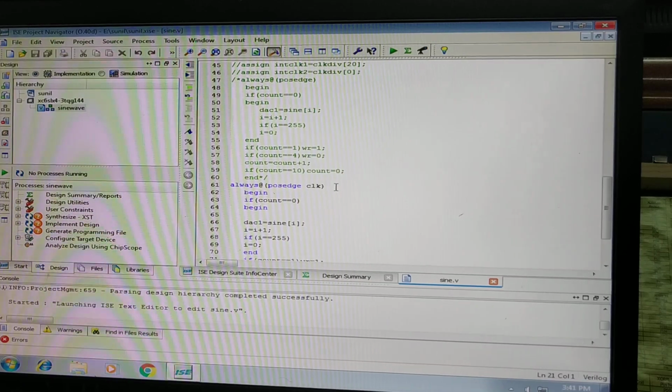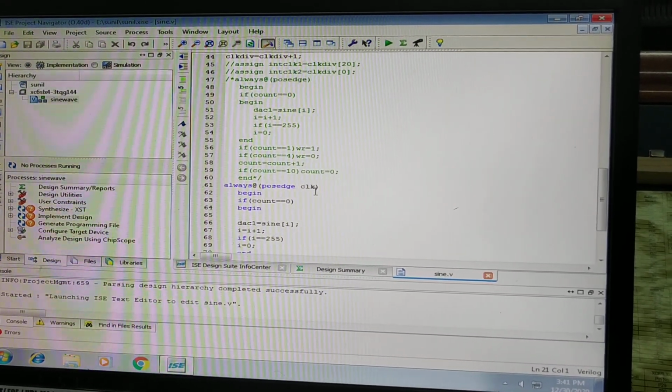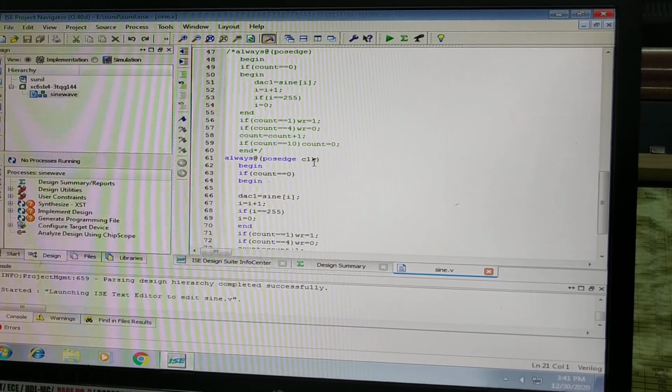Okay, this is the program. I am first generating the full frequency f.